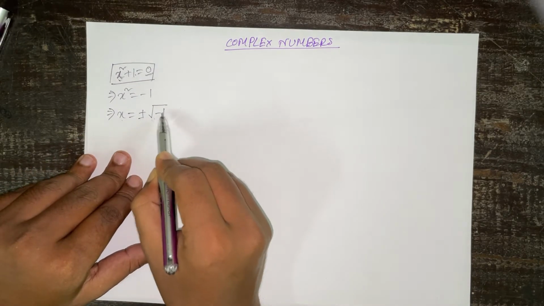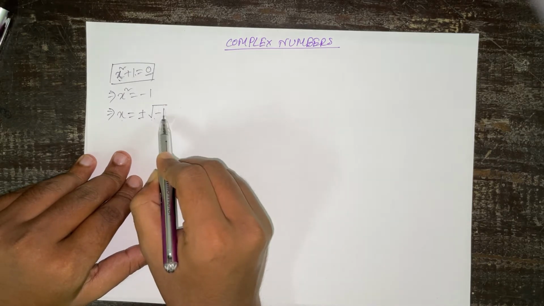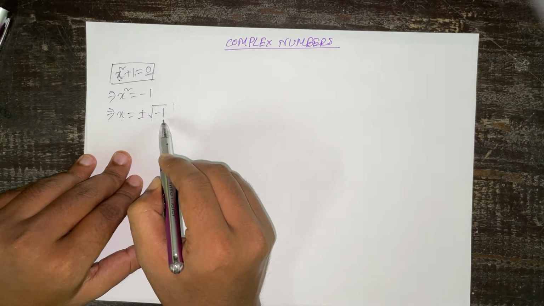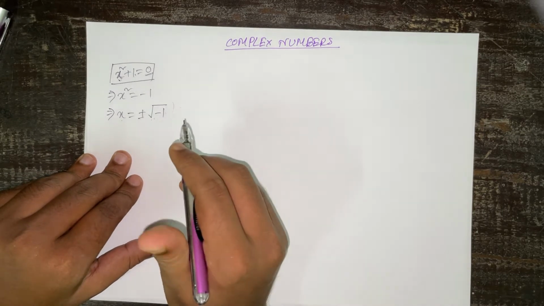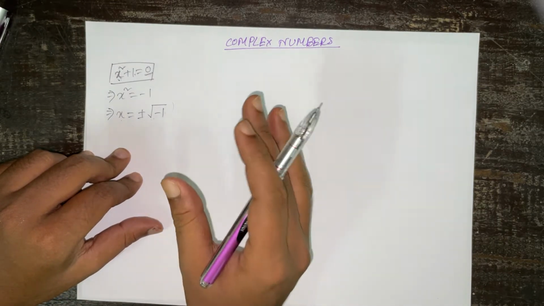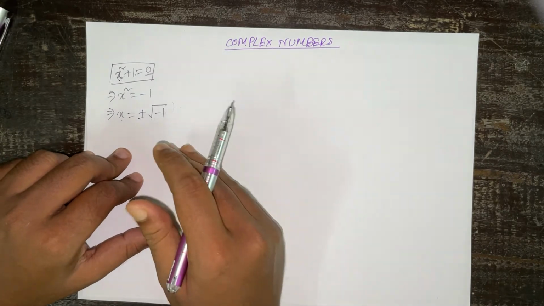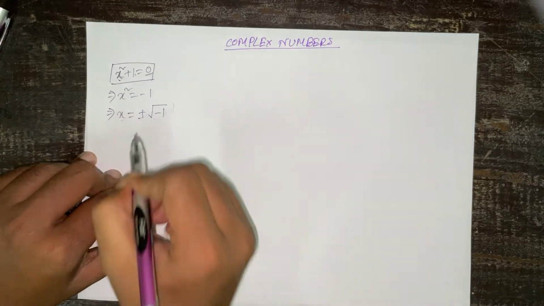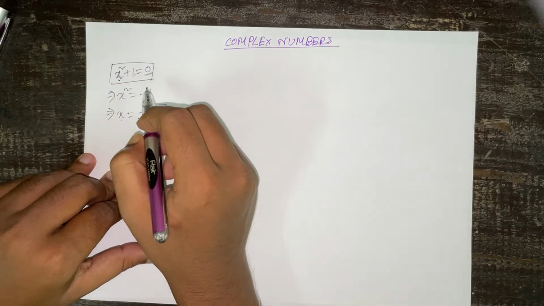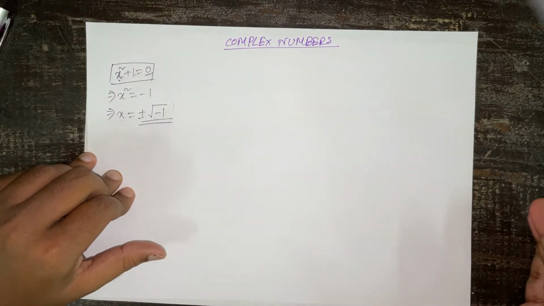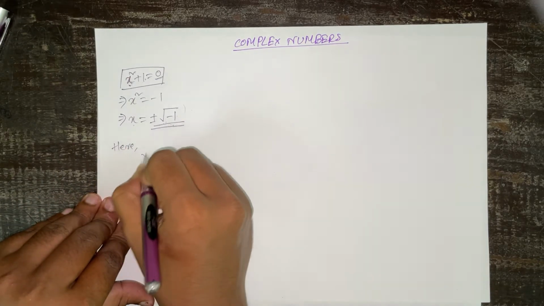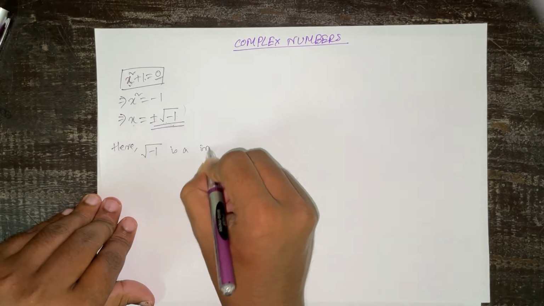So look at the answer that we get here. x is equal to square root of minus 1. Can this minus 1 be the square of any number? Minus 1 cannot be the square of any number, because every perfect square is actually a positive number. So the value of x here just cannot be a real number, so this value, root over minus 1, is an imaginary number.